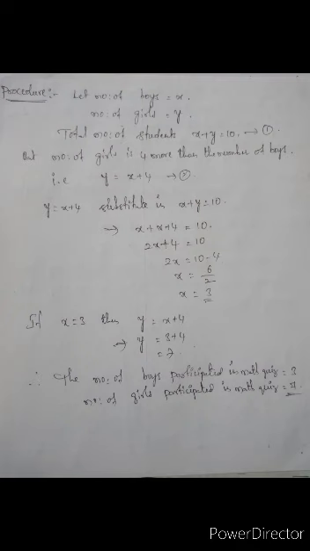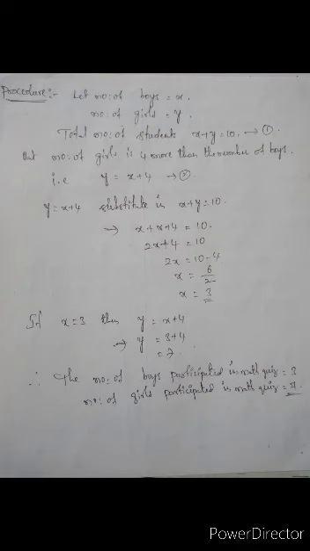In place of X, X only. In place of Y, we have to write X plus 4. So when we write X plus 4 in place of Y, it becomes X plus (X plus 4) equals 10. Here X plus X becomes 2X plus 4, that is equal to 10. But we need to find X only. That's why 4 will be transposed to the right side. So 2X becomes 10 minus 4.